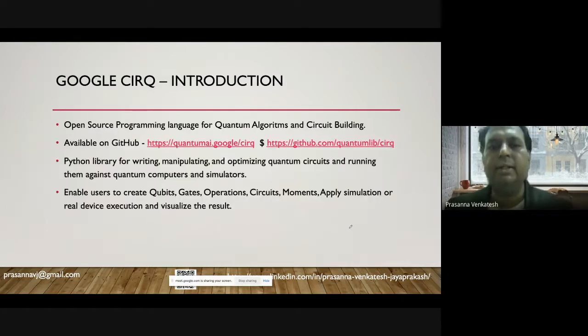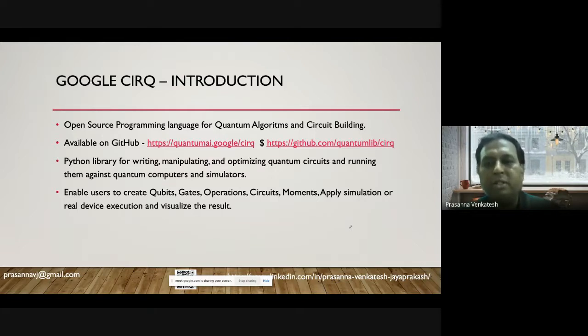Okay, let's start looking at how we do all that. We introduced different frameworks, and I'm going to introduce you to a framework being developed by Google called Cirq. Cirq is an open source programming framework for quantum algorithm and circuit creation.